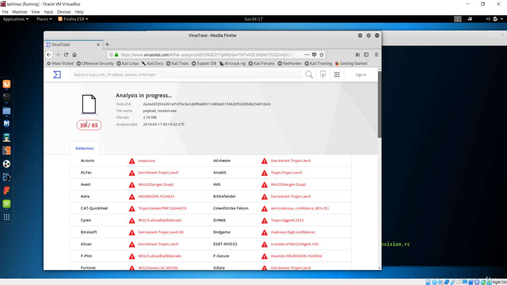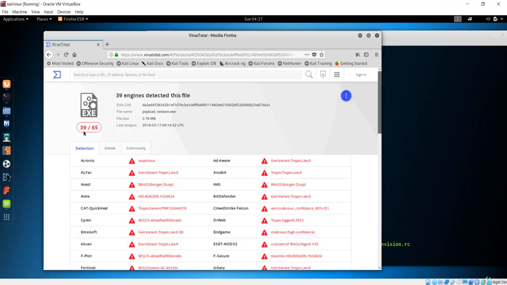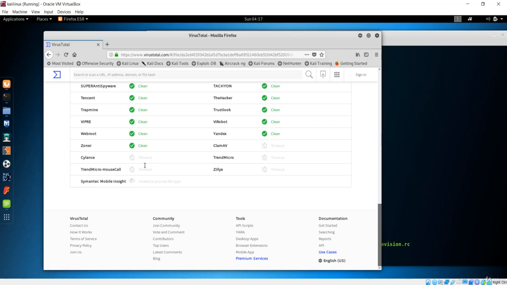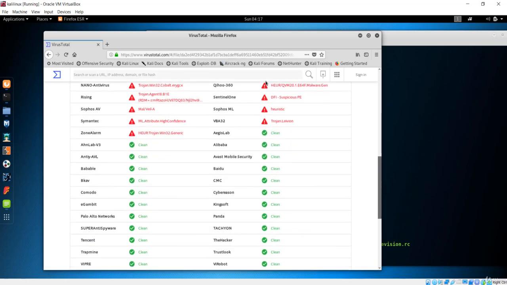So there has been quite an improvement, but we want no antivirus to catch our backdoor. But in this case again, we're getting the result, that is 39 caught out of 65. That is also an average payload. It is not going to work on all of these machines. That means it is also a complete failure.